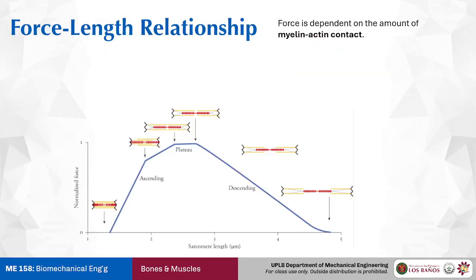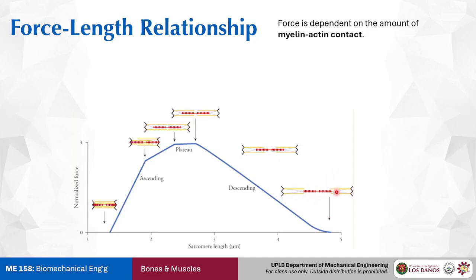So the actin myosin pair, their action depends on their amount of contact. If the myosin heads are the ones exerting force on the actin filaments, then it would stand to reason that if the actin sheaths and the myosin heads have more contact with one another, then they can transmit much more force. So here we have a force displacement diagram. Let's imagine that our muscle is stretched and wants to contract to its maximum contraction. So we start here.